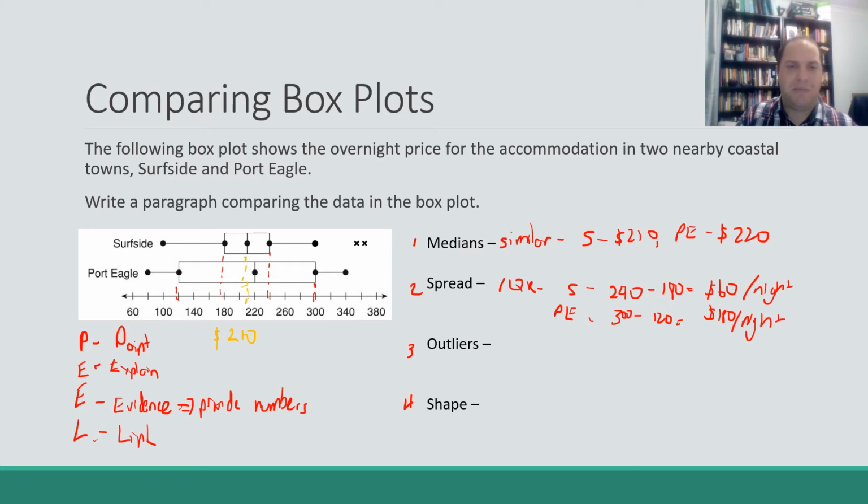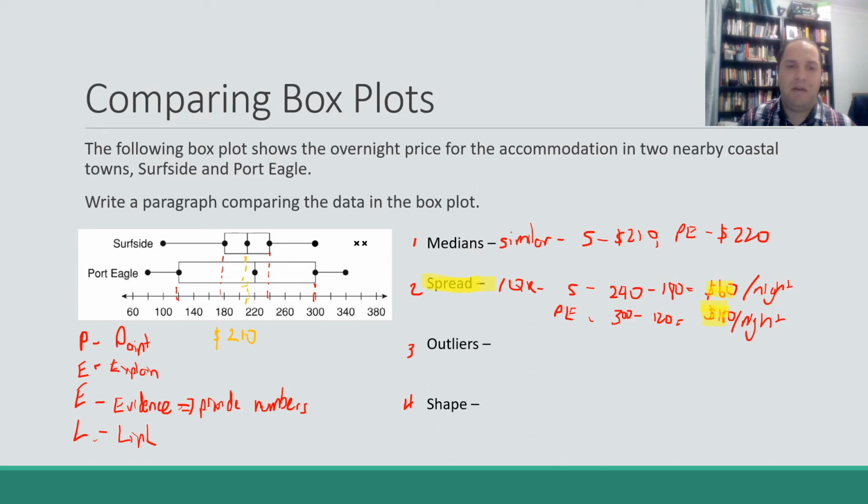All right, so this is a significant difference. For Surfside, $60 a night difference in their interquartile range. For Port Eagle, 180 is 3 times the size. So this factor here, our spread, is going to be a key difference, and that should be discussed in our comparison paragraph. That's probably even strong enough to be a part of our point because there is such a significant